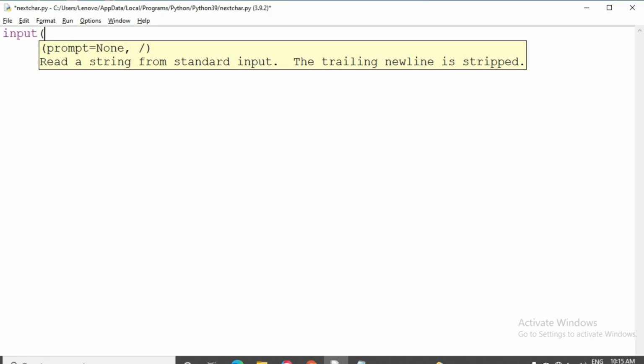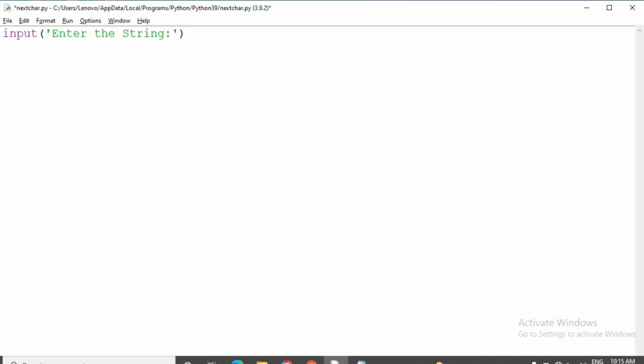I am taking the string from the user by using the input function. Enter the string. And I store it in the variable given string.